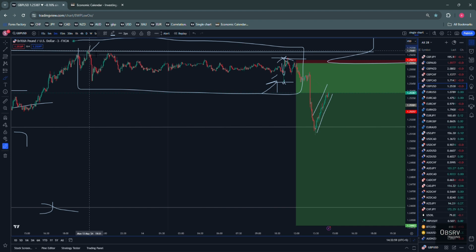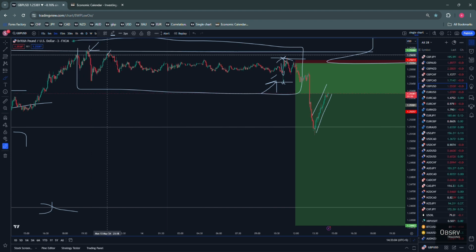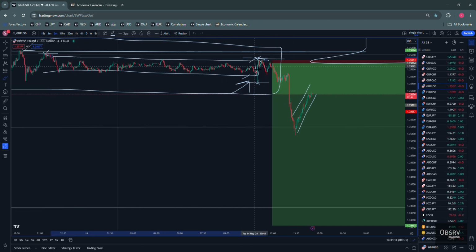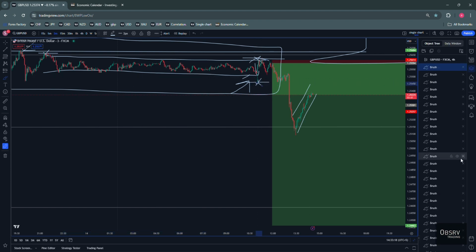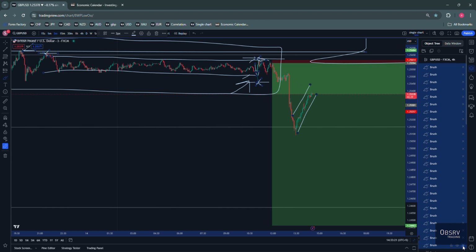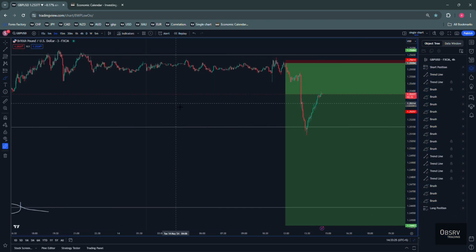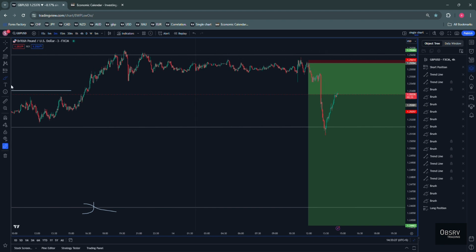it's this seller that came back during New York yesterday, and then we weren't able to go higher, right? Came all the way up into here, started to range during Asia. All of this is a range, and then as the news comes out, tries to go through the range. Let me just get rid of all of these brushes one more time. I'm sorry, because it's on a lower time frame lining up with a higher time frame, so it might get a little confusing for you guys, but let me just try and explain it to you.